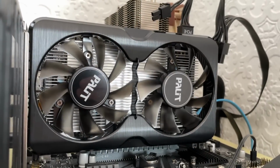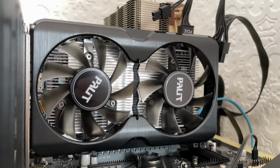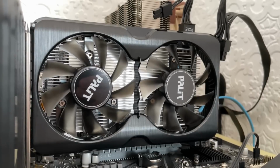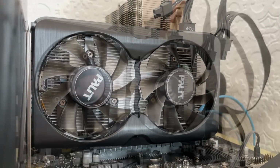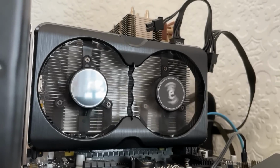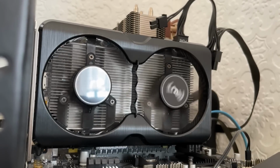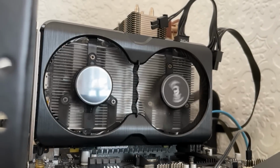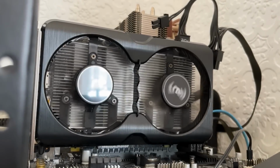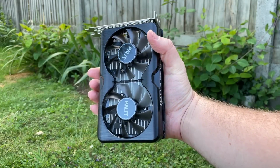This Palit one also runs silently under low load because the fans switch off, and even when they spin up they're borderline inaudible. The size of the card means that it will fit into a wide range of computer cases. If you want a 1630 and have a 6-pin connector dangling off that old power supply of yours, you can't go wrong with this model, but I can't sit here and pretend like the 1630 as a whole makes too